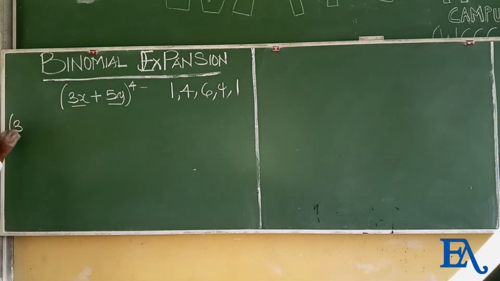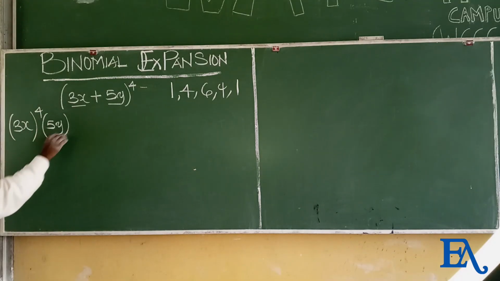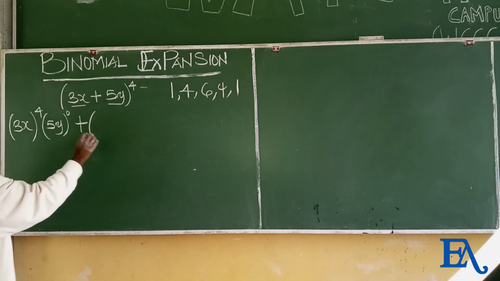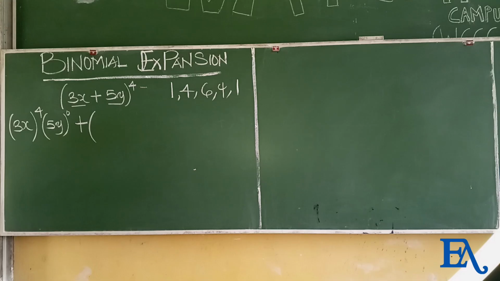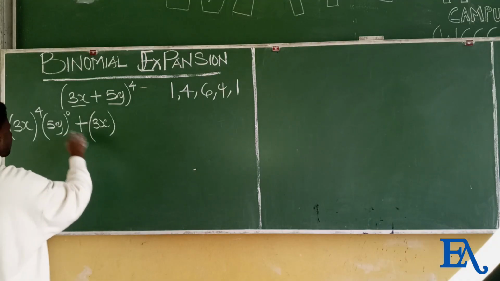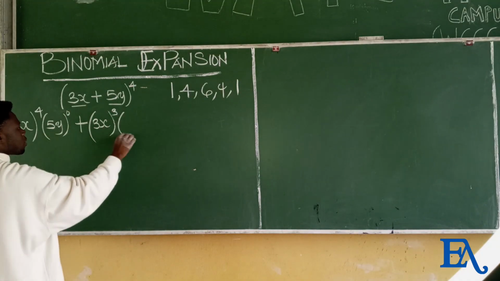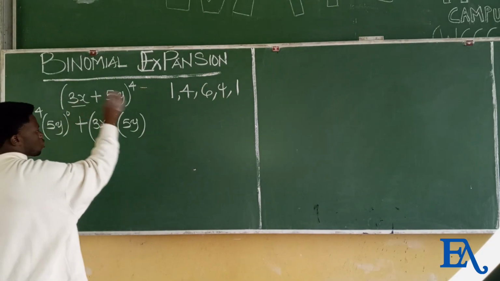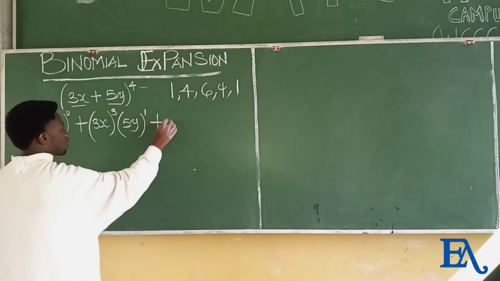Therefore, we have 3x raised to the power of 4 and 5y raised to the power of 0, plus, as the power of x decreases, that of y increases. Therefore, we have 3x raised to the power of 3 and 5y raised to the power of 1, plus